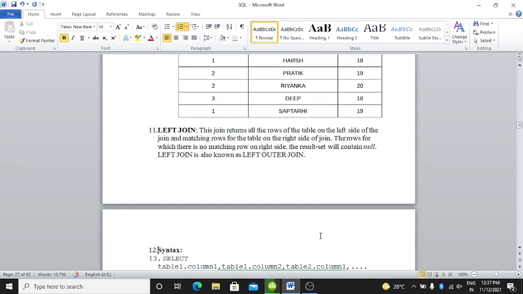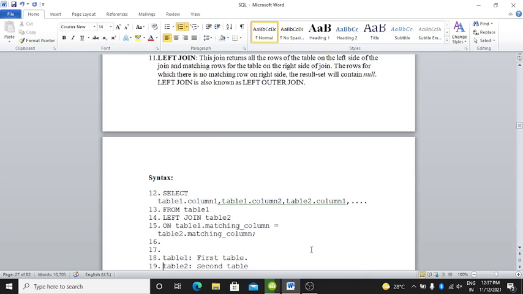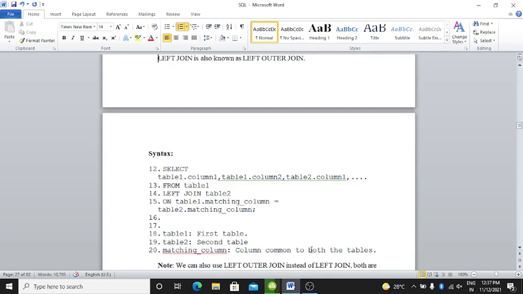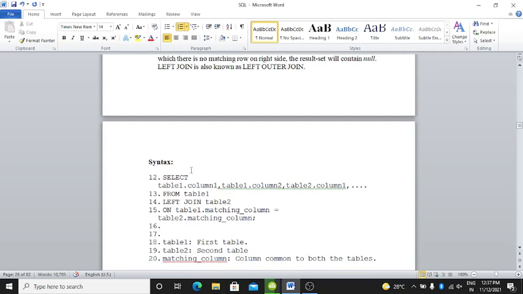Here is the syntax for left join. SELECT table1.column1, table1.column2, table2.column1, table2.column2, and so on, up to any number of columns and tables, it is possible.